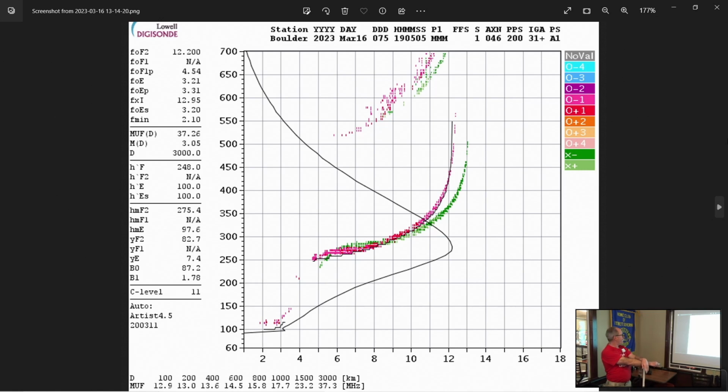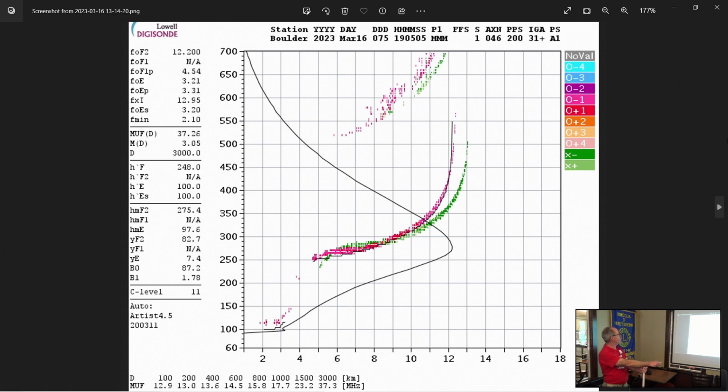So these are not actually measured by this ionosonde. They take the ionospheric data and calculate these based on models, which turn out to be pretty accurate because there's been 60 years of data to go on. So these are predictions for going out to distance. What we care about is this thing here,